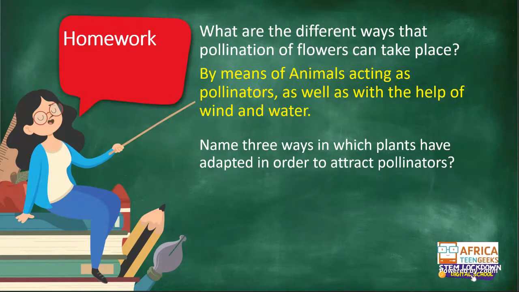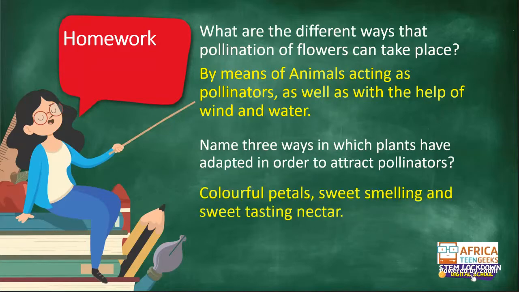So I just want to add something to the first one that I have there. It says sweetness, bright colors, and smell. Now it's important to remember that the sweetness comes from the nectar. So colorful petals, sweet smelling and sweet tasting nectar. The nectar is the part of the plant, or what is produced by the plant, that creates that smell and the taste. And remember we said that the nectar is actually only produced as a reward system for pollinators so that they can get food from the plants, and the plants don't actually use the nectar for anything else other than that. Well, they don't need it.